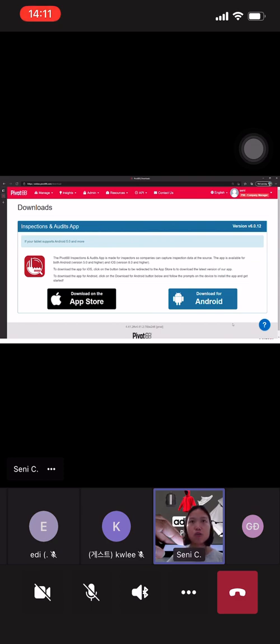Because the Android market has a lot of different stores, like Google store and Samsung store, and different brands have different stores as well, in order to make sure all our users have the latest and greatest version and are not confused by other stores, this is the only place Android users are able to download the application. On the other hand, for our Apple iOS users,